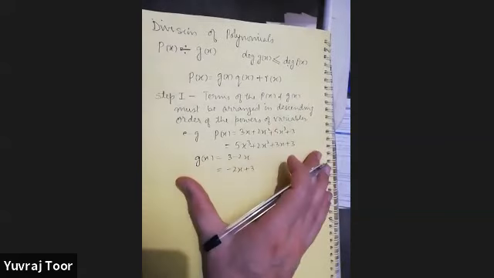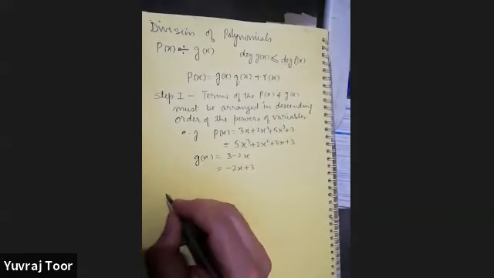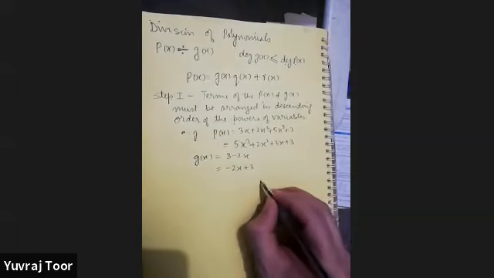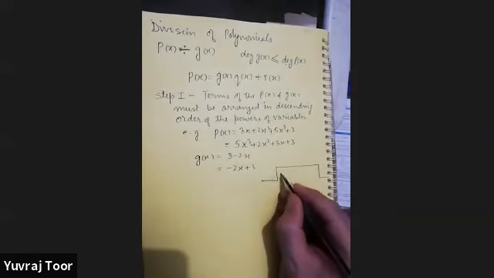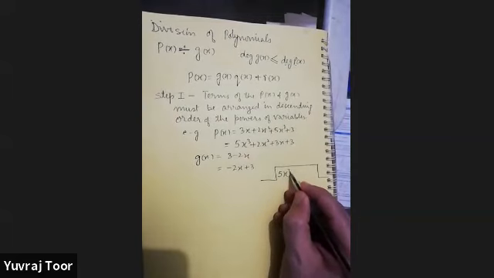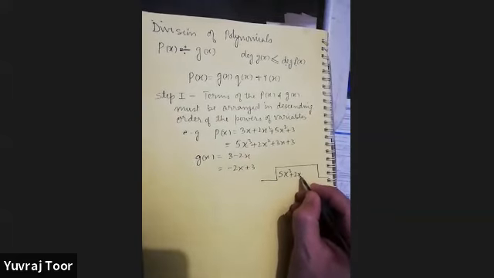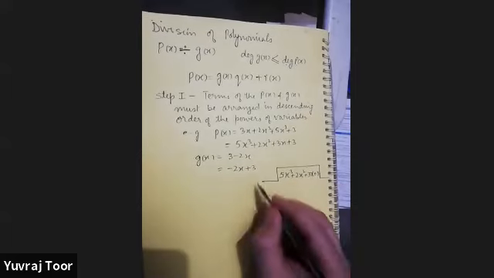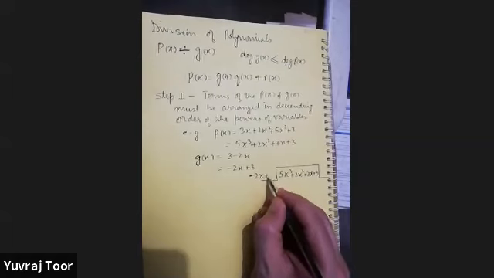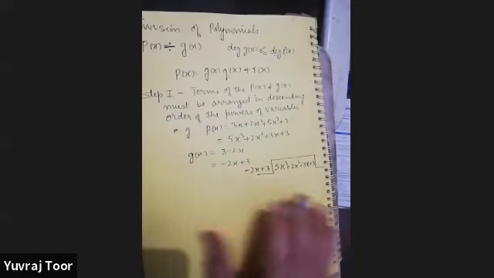After doing this, now this is how you write when you divide a polynomial with other polynomial. 5x cube plus 2x square plus 3x plus 3, divided by minus 2x plus 3. After doing this,